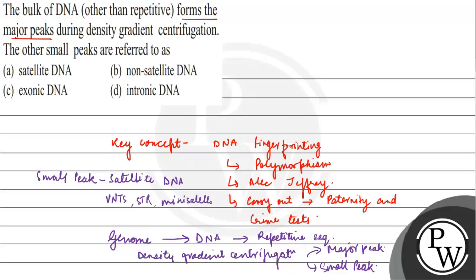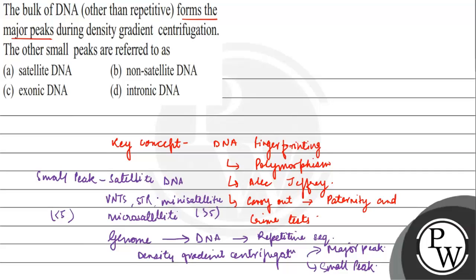Minisatellite and microsatellite. Whenever we talk about microsatellite, it includes nucleotides less than 5. And whenever we talk about the minisatellite repeats, the nucleotide number is more than 5. So this is the satellite that shows up a small peak during the density gradient centrifugation